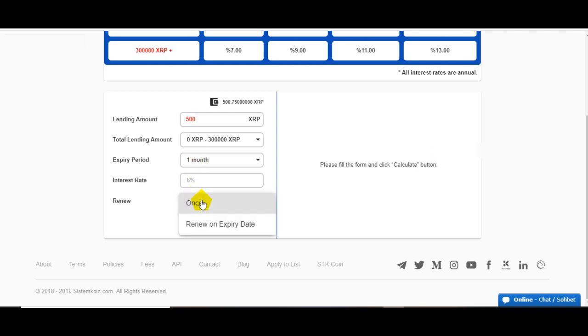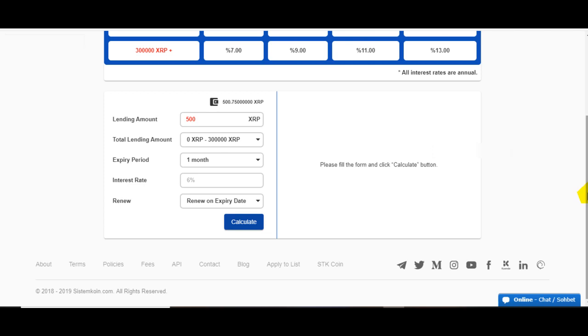If I say renew on expiry, I can calculate then. But if I say just once, it means after a month. But I want it to be renewed on expiry automatically. It is a good way to get it done because you might not be aware and automatically it gets renewed again. Today being December 23rd, so just 2 days to Christmas. By January 23rd, I've already made 6% of my Repo.